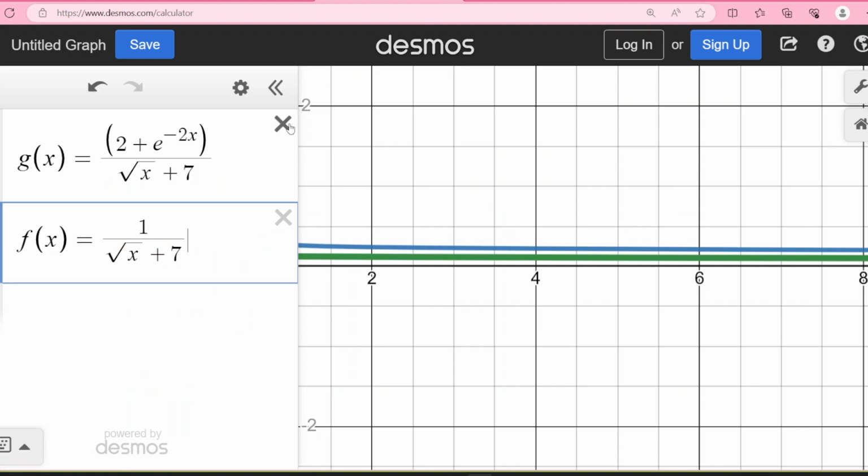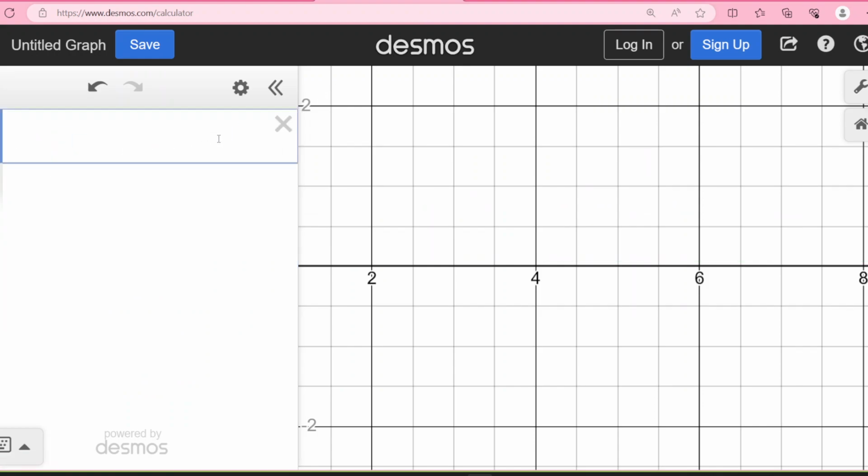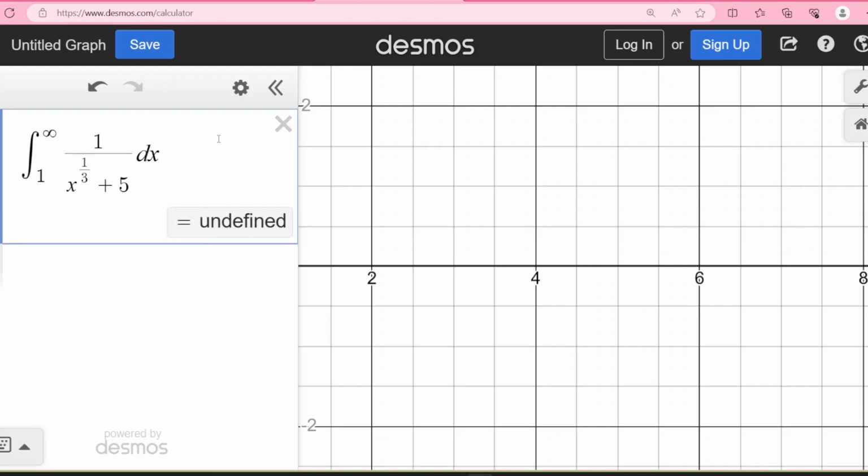So I'm going to Desmos here. I'm going to enter this integral. This is just to save some time. Integral from 1. Now let's see if anything happens when I put in infinity. If it comes back undefined, I'm going to have to do a table. So 1 over the cube root of x, so I'm just going to put x to the 1/3 power, that's the cube root, and then plus 5. And then you get your dx. Yeah, so it says undefined. So I feel like it's probably divergent, but I really want to make sure,